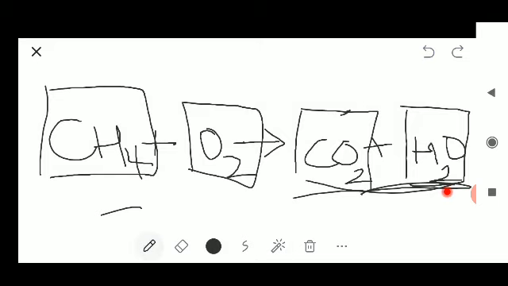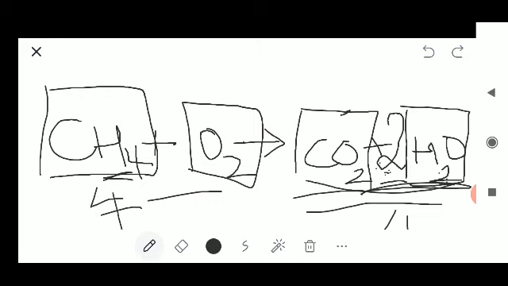So we are going to write a number here such that it should get 4. So I will write 2. If I write 2 here, what happens? We are going to get 4 hydrogen atoms. In the product we have 4 and in the reactant also we have 4. So hydrogen is balanced by writing the number 2 before this box. So no worry now. Carbon is balanced, hydrogen is balanced.